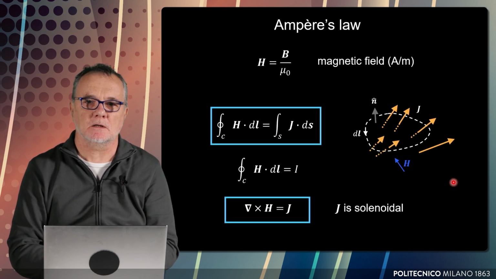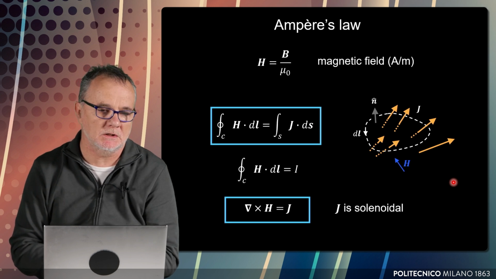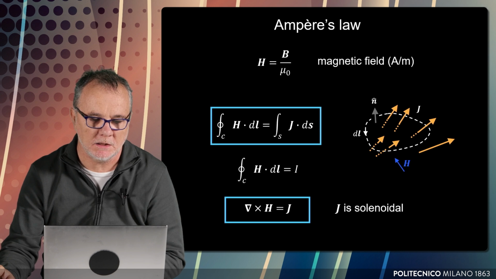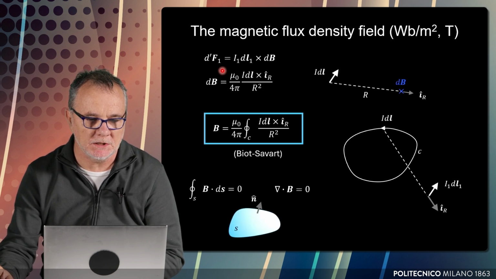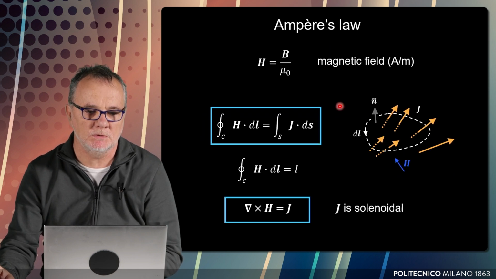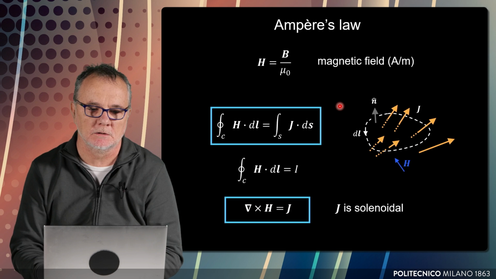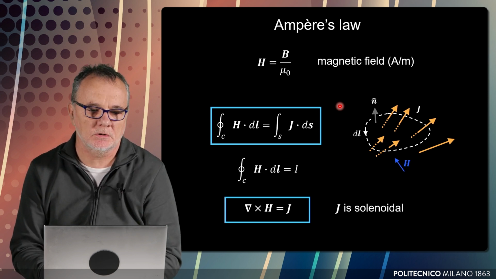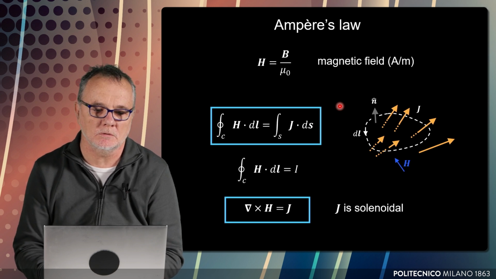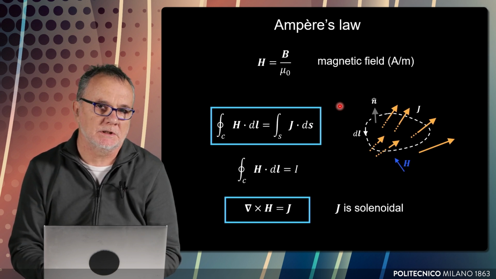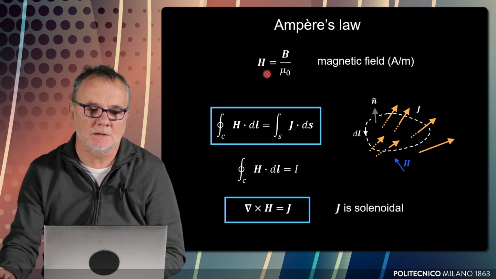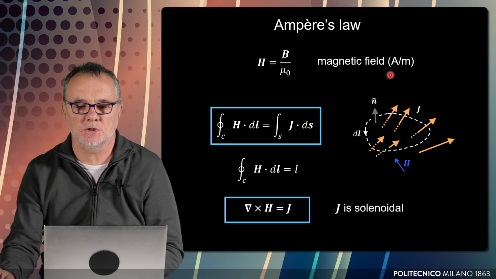We also have Ampere law, which is very important in magnetostatics. In particular, we take our field B. Let's see the expression once more. As you see, the expression of B has this constant mu naught, and we divide by mu naught. So in free space, we define a field, which is called magnetic field, that is simply the ratio between the B field and the absolute permeability of vacuum, mu naught, that is 4 pi times 10 to the minus 7 Henry per meter, and the resulting field, H, the magnetic field, is measured in ampere per meter.